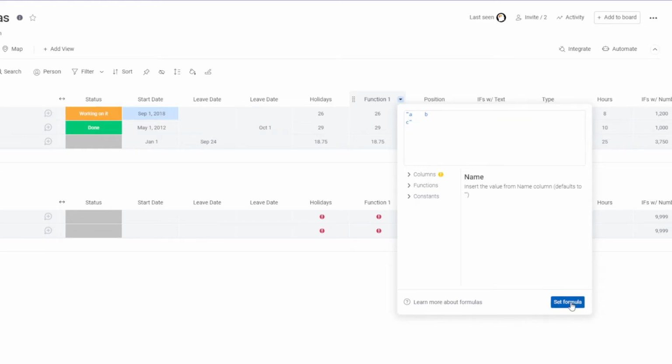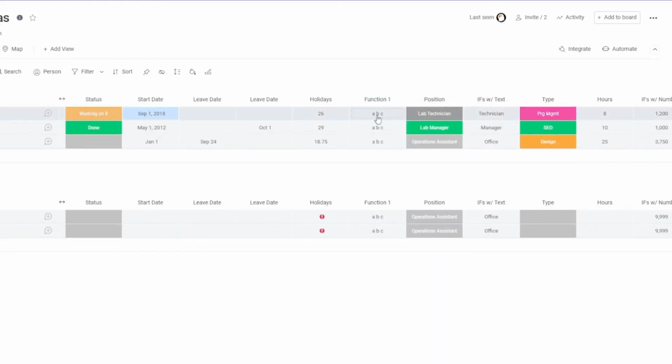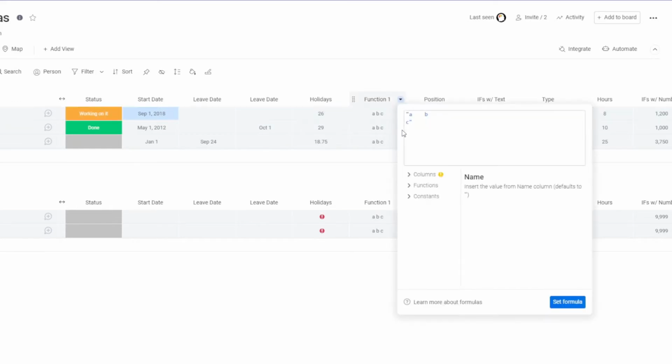So we set this and we get back A space B space C. So what is actually shown is it's being trimmed. All extra spaces are removed and all carriage returns are removed when you're looking at a function value. Now, if you do have a situation where you want to actually have these spaces occur between the A and